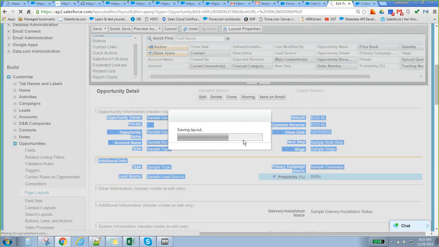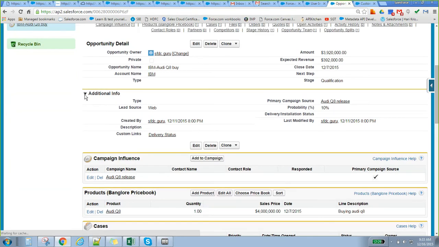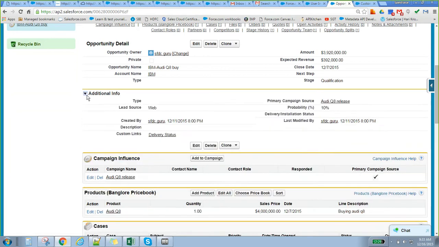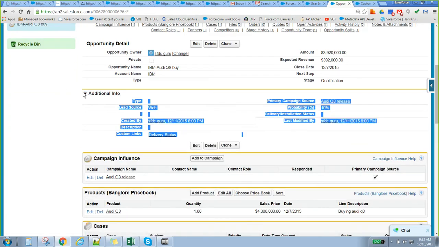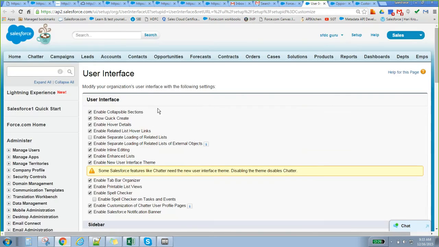Currently it is a section, right? If you see here, this is a collapsible section. There is an arrow. If you click on that, it will open the detail page. If you click it again, it hides that. Enable collapsible sections is currently enabled, so that is the reason it is giving that option.